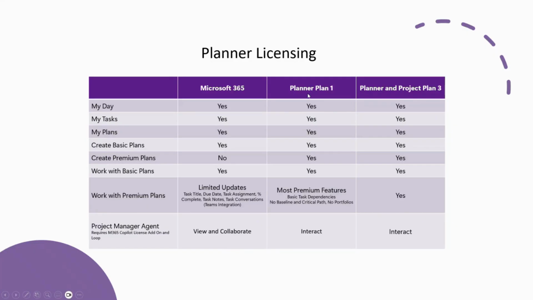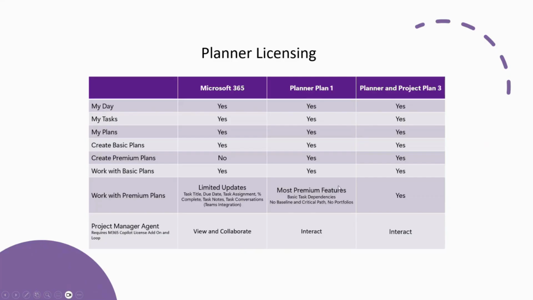The next level, the additional add-on licensing, is something called Planner Plan 1. The people that have Planner Plan 1 will be able to create those plans, manage those tasks, do about everything that a Planner Plan 3 licensed individual can, except they can't see, for example, a baseline. They can't review the critical path. They can only set basic task dependencies,